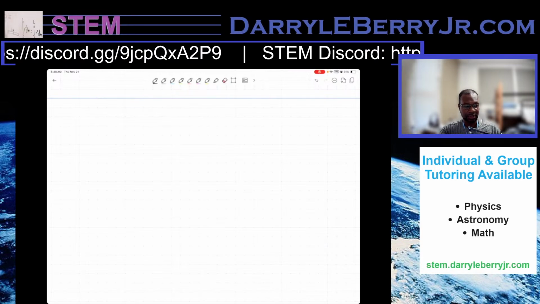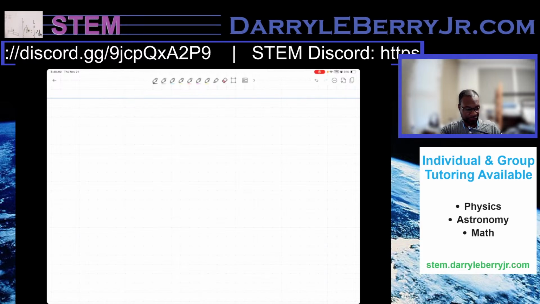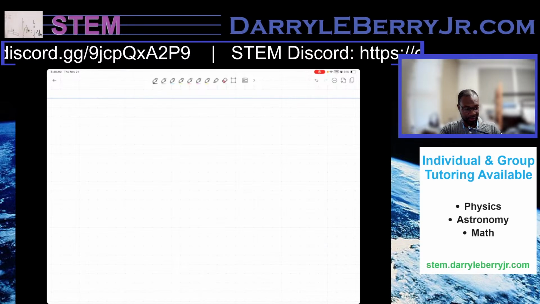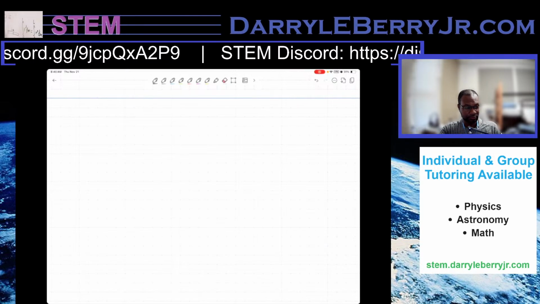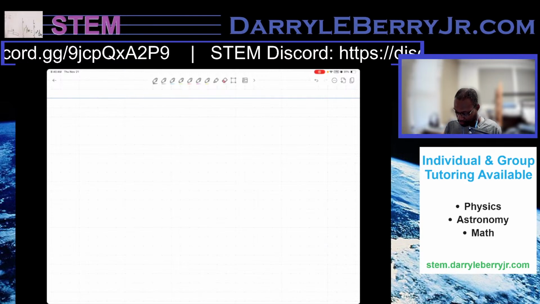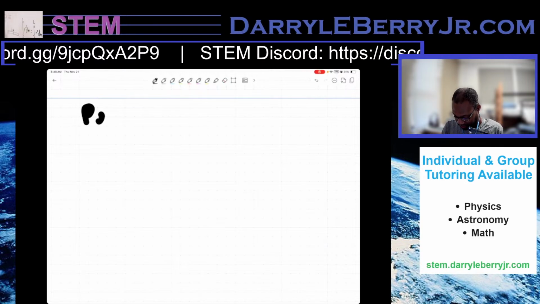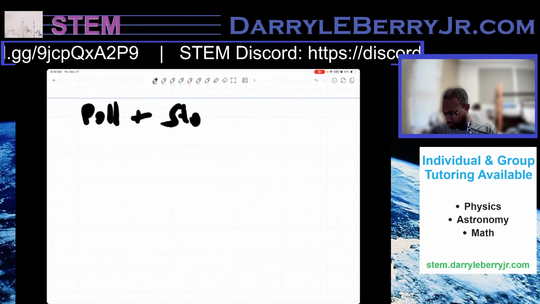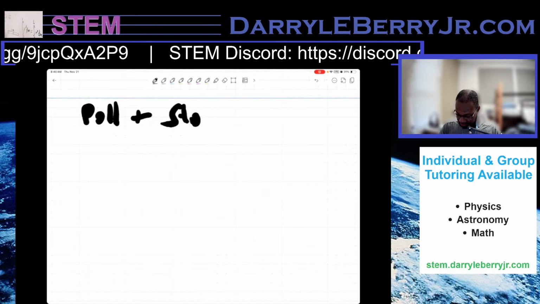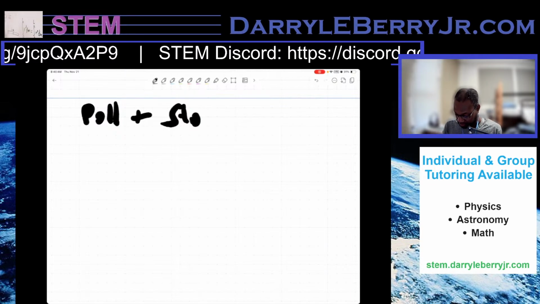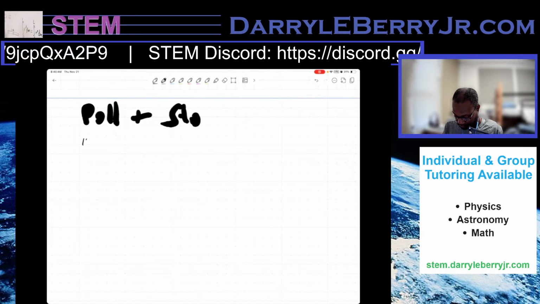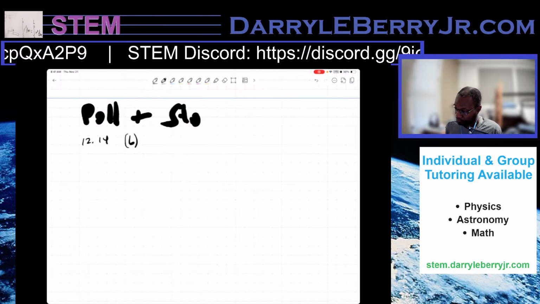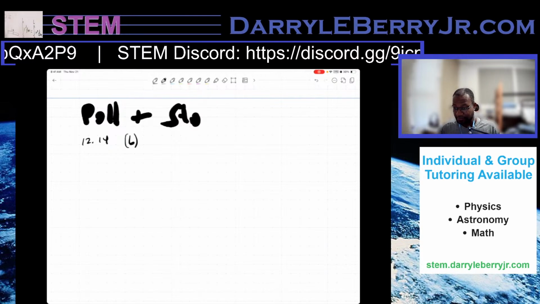Like my page refreshed or something. So let me open this back up. Right. So this will be from Pollock and Stump, an old textbook. And 14B. And it says